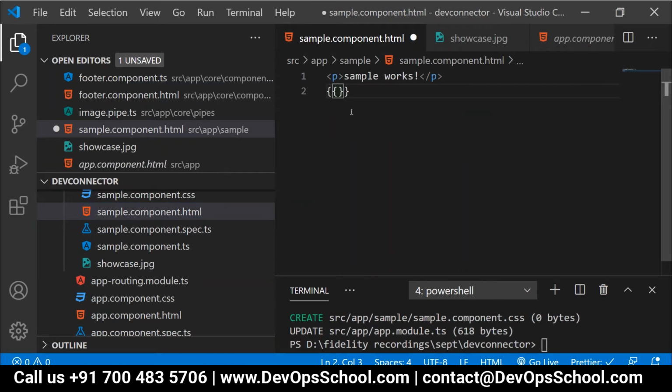Now people have a look over here. What is the expectation? If it is not able to find this showcase image, correct, then what we are expecting is that it should render a default image or not.